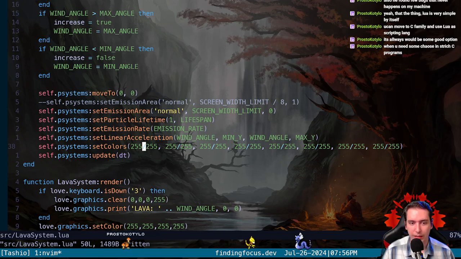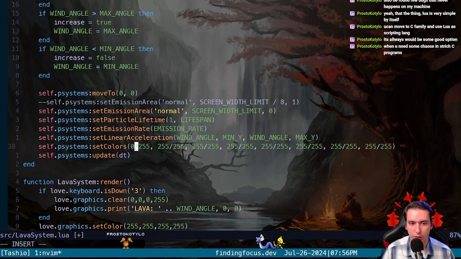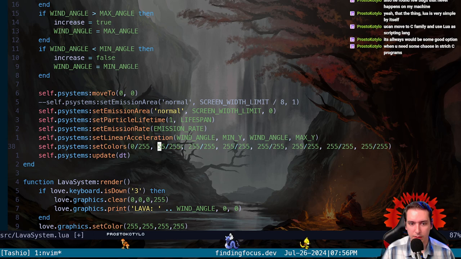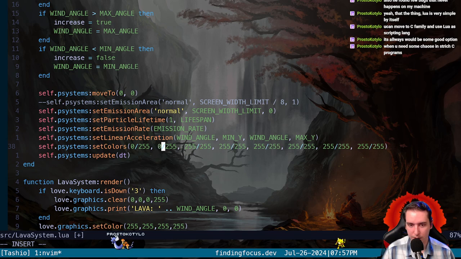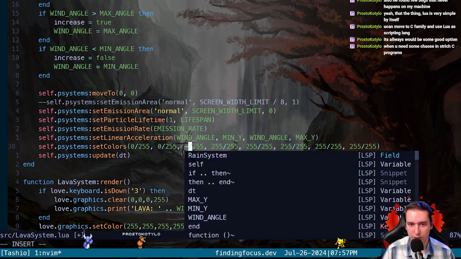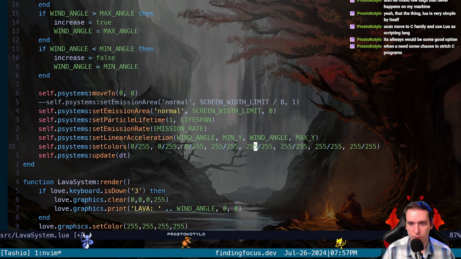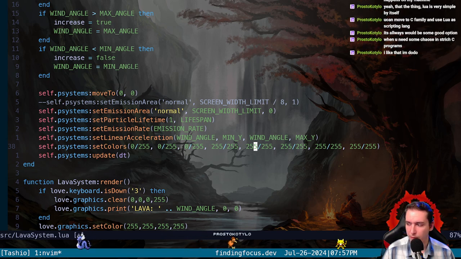Okay, so let's do our soot first. So our soot will be this. We should be able to have two particle systems in this one lava class. So we're just going to put black to